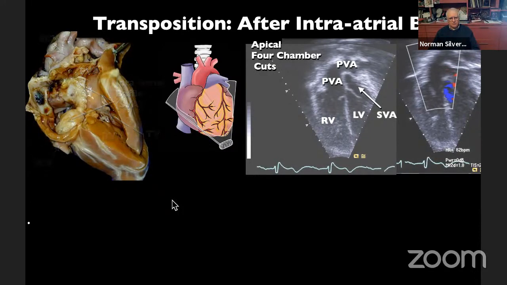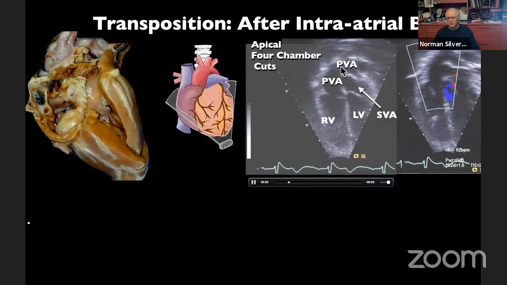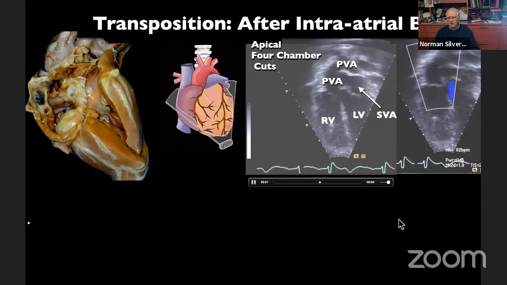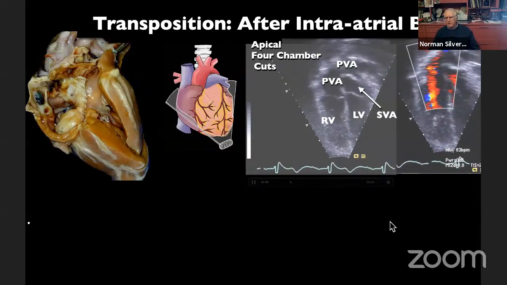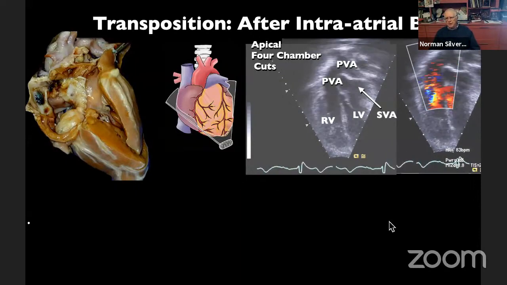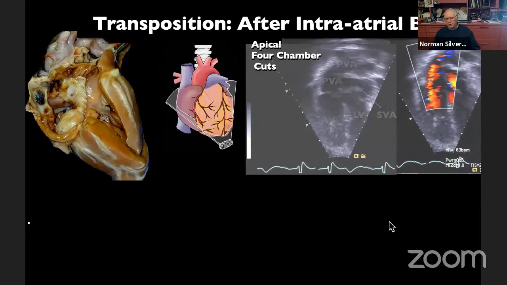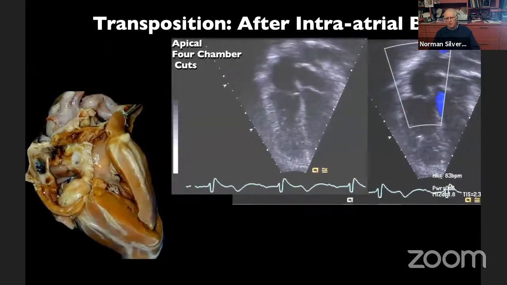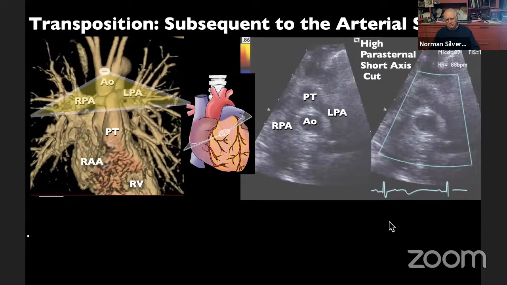There we go. Okay. And here you see the pulmonary venous atrium and a piece of the systemic venous atrium, as I call it. And you see color flow shows clearly open areas. So this is going to be what is seen largely by people in congenital heart disease.